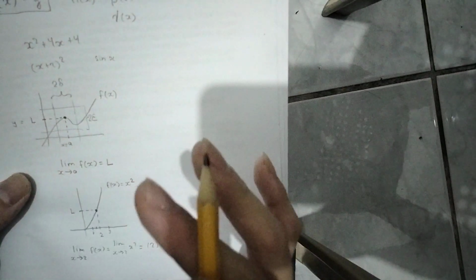You can plug it into your calculator, and it'll tell you that as I get closer and closer to 2, either coming from 3, going below 3 and then towards 2, or going above 1 and adding a very small value like 0.001, and getting closer and closer to 2, you'll notice that the function does not exceed